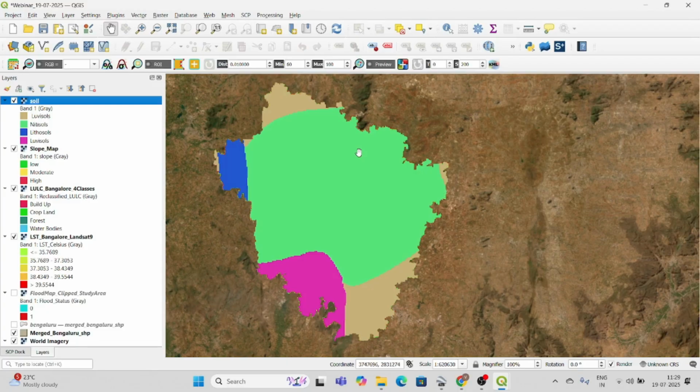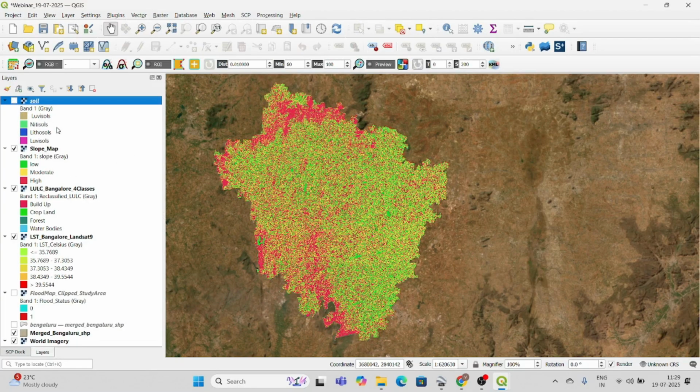Next, I will be explaining about the slope. To extract the slope data, I used SRTM, which is of 30-meter resolution, and with the DEM data, I just converted it to slope. Okay, so you can think why she is doing slope, whether it is important. Yes, it's definitely important. If it is a flat land, it's perfect for building.